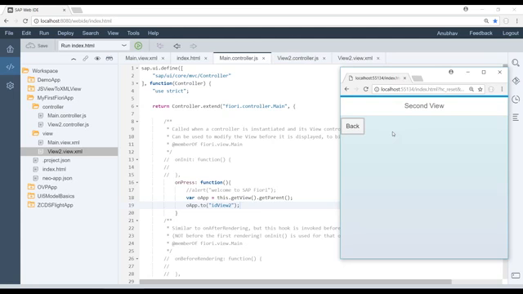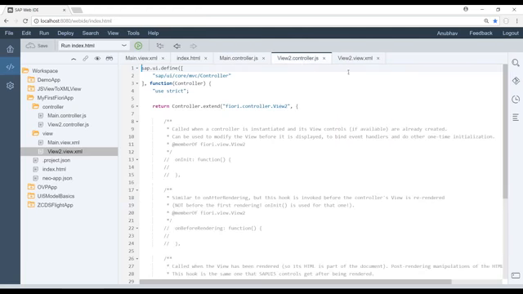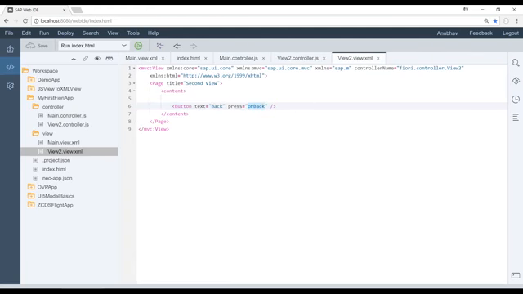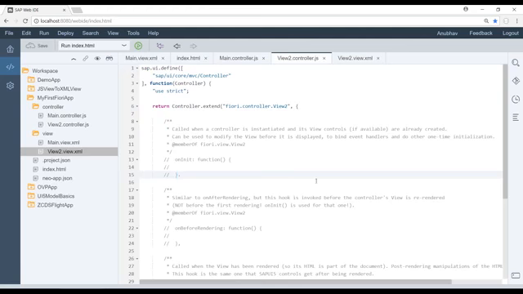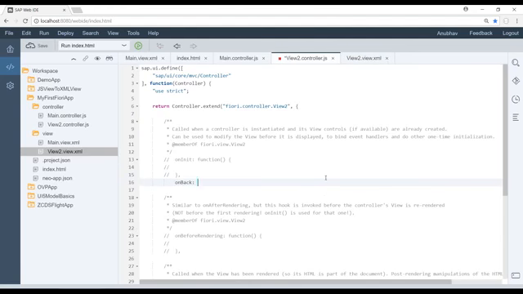Yes, talk to the parent. You are in the second view. Go to controller 2 and check the view 2. It has an on back action. Just implement your on back action function,